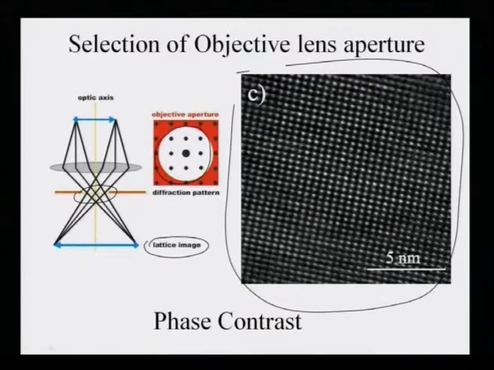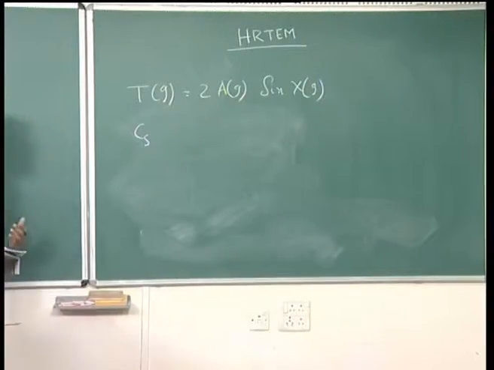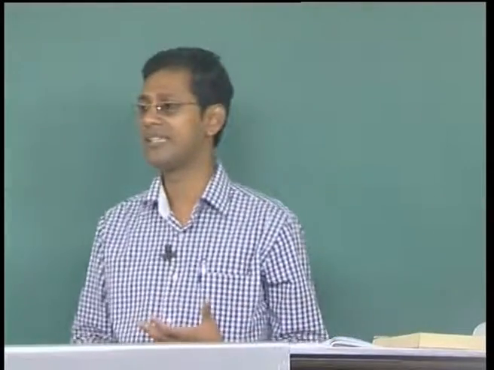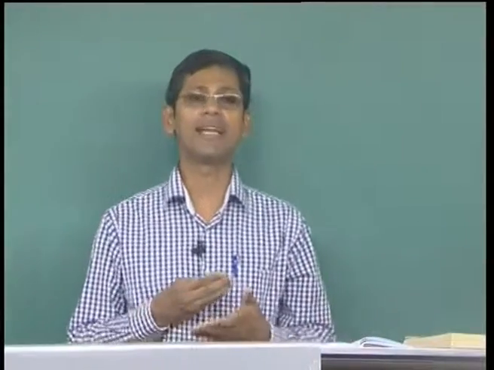The studies indicate that psi z basically depends on three factors, or it actually has a combined effect of Cs, the spherical aberration constant of the lens. As I said, any lens is not a perfect lens. Like in a camera, we know that lenses have spherical aberrations, mostly. Chromatic aberration also comes into the picture, because chromatic aberration comes from the difference in the energy levels of the incident electron beam, but for the sake of simplicity, let us assume that spherical aberration is the most